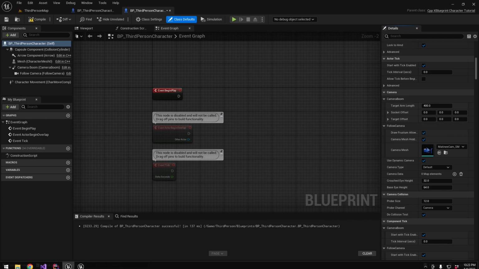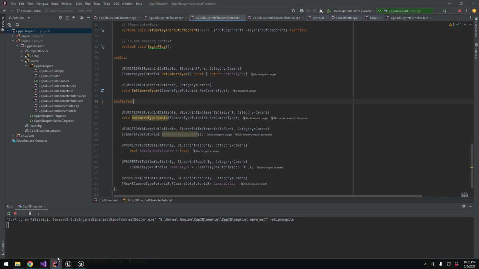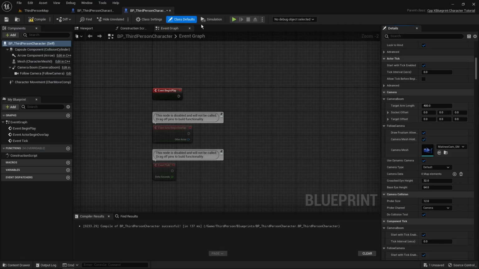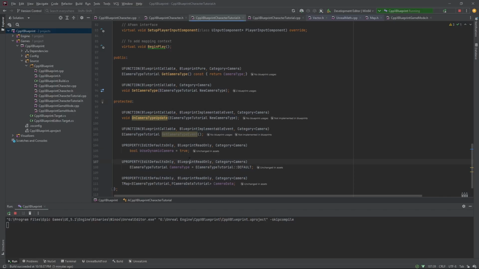And I forgot something actually, because in the blueprint we would like to disable those two fields if the use dynamic camera is disabled. So for that we need to go back to C++ and add to the UPROPERTY